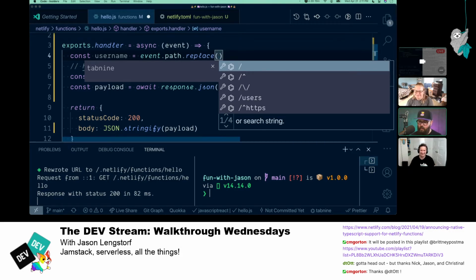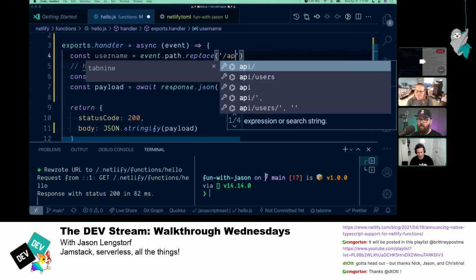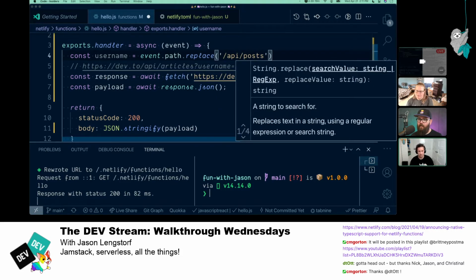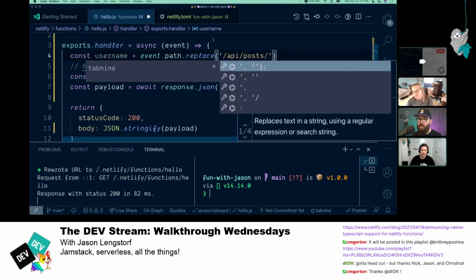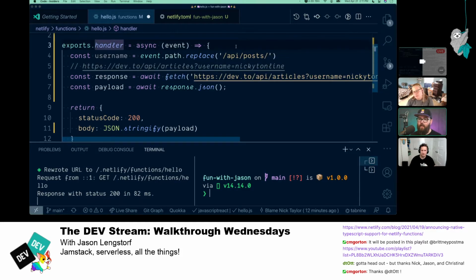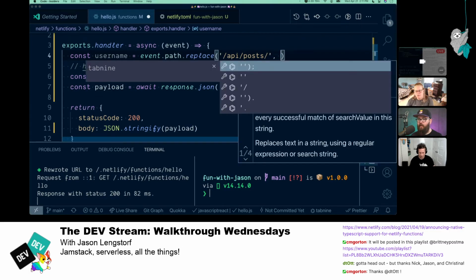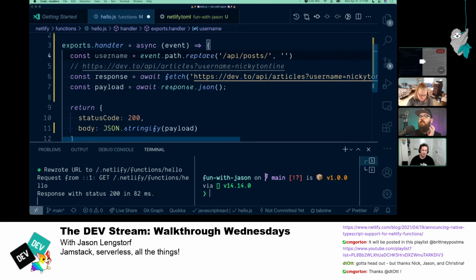And then you make your string /api/posts/ with a slash, and replace it with nothing. So the second argument to replace would be an empty string. So I imagine our API call is going to have the username at the end.